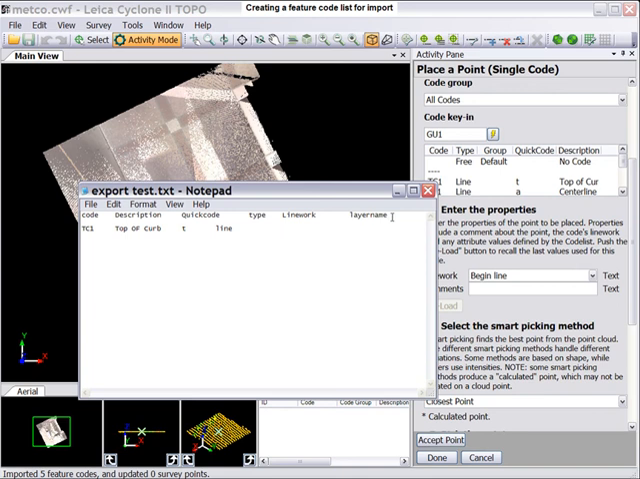Okay? And the layer name we're going to call it is street lines. This is important because if you notice I tabbed twice here because I'm skipping over line work. I didn't put an entry here. So Cyclone 2 Topo is going to read this list and it's going to think TC1 belongs here, top of curb here, T here in the quick code, and so